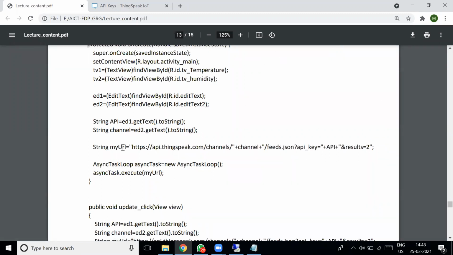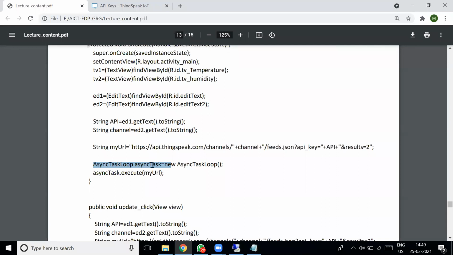Once you construct that URL, you pass this URL to the asynchronous task. Simply you can call the HTTP request, but here I am using an asynchronous task because the speed of your Android mobile is slower than your cloud server, so synchronization may not occur. That's why we are using an asynchronous task.